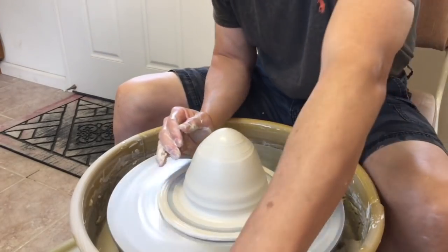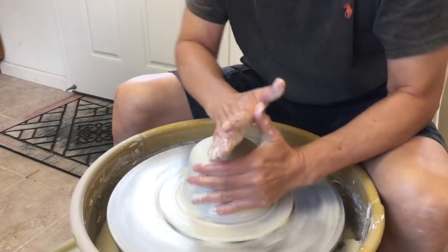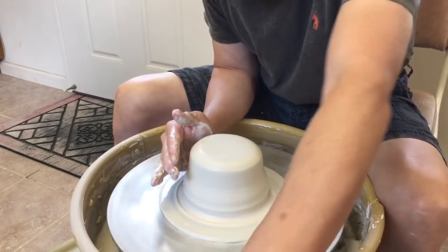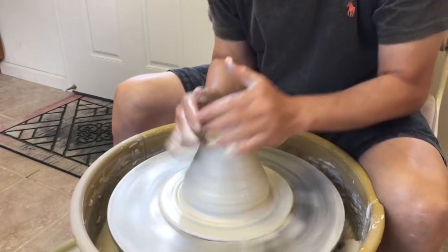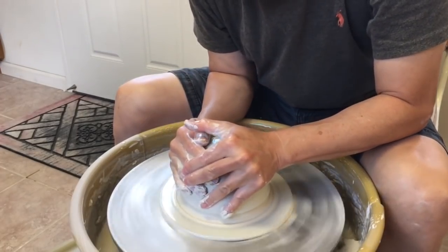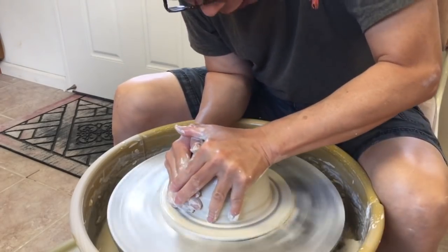I don't usually like to make the top flat. A lot of people do that, making the top flat. I don't do that, because when the top is flat and you're ready to push it up again, you're going to have a volcano there. So I don't usually like to do it that way. I usually make it a cone, so pushing it down